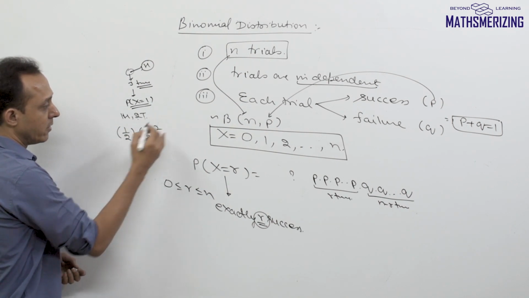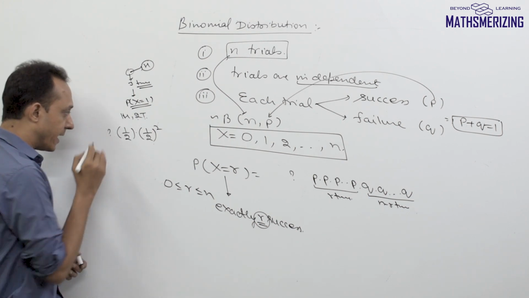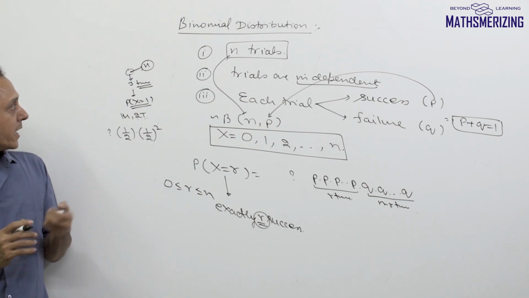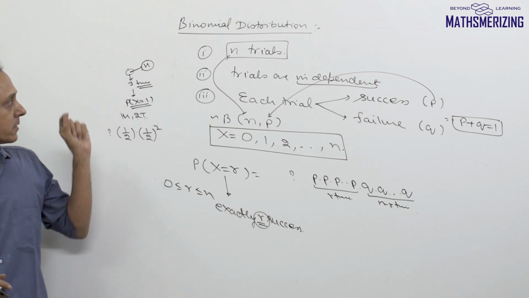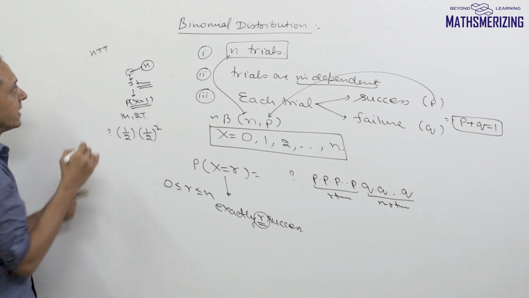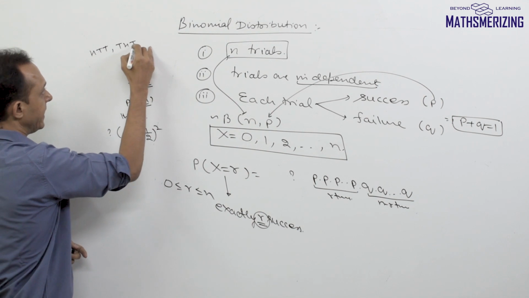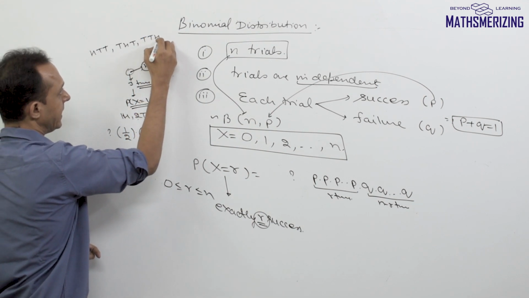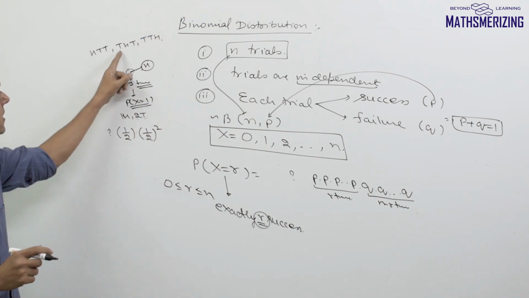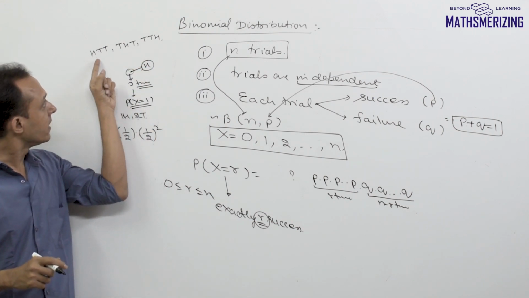So 1 by 2 into 1 by 2 will be 1 by 2 square. Now should I multiply it with any factor? Now when I'm tossing a coin 3 times, there could be the possibilities where either it will result in HTT or THT or TTH. So all the 3 cases correspond to exactly one success, but then there are distinct cases